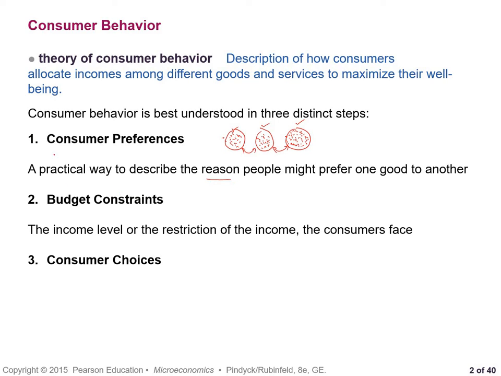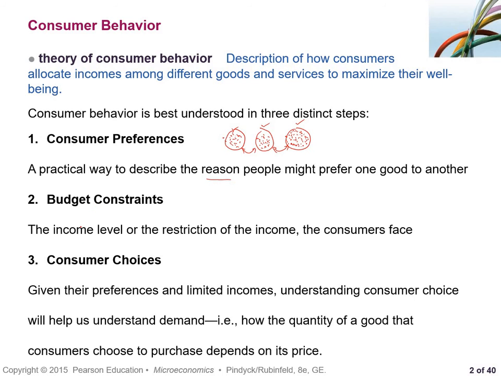But after combining the consumer preferences with the budget constraint, we come up with another concept, which is consumer choices. Consumer choices are derived from the concept of consumer preferences and the budget constraint. So given the preferences of the consumer and limited income, okay, now limited income is the budget constraint, and given their preferences, consumer preference. So after combining both the concepts of consumer preference and limited resources, or you can say budget constraint,